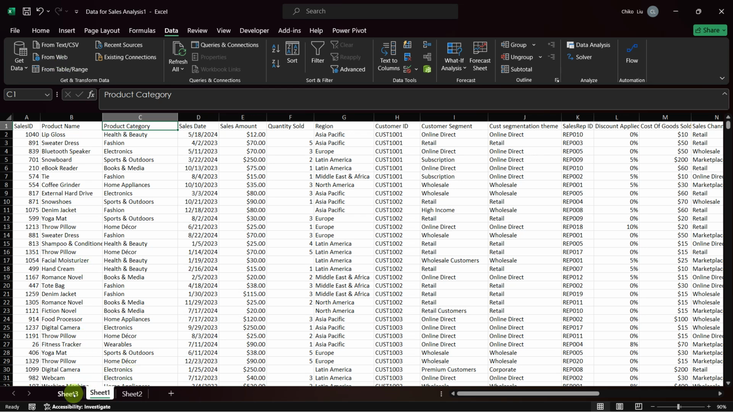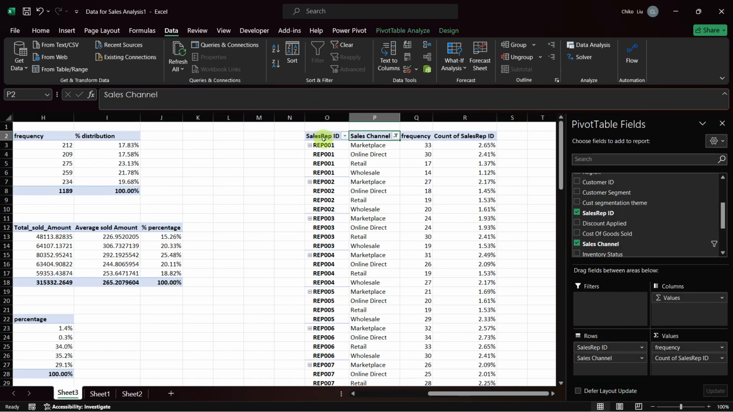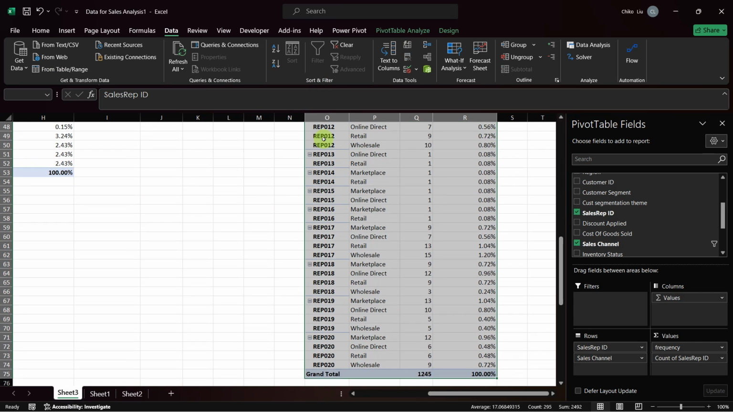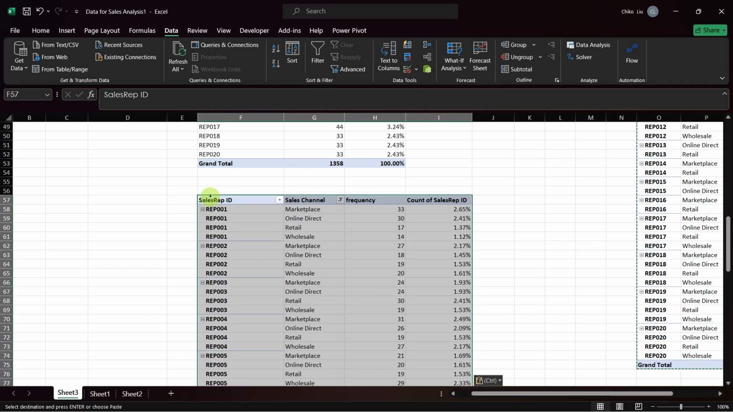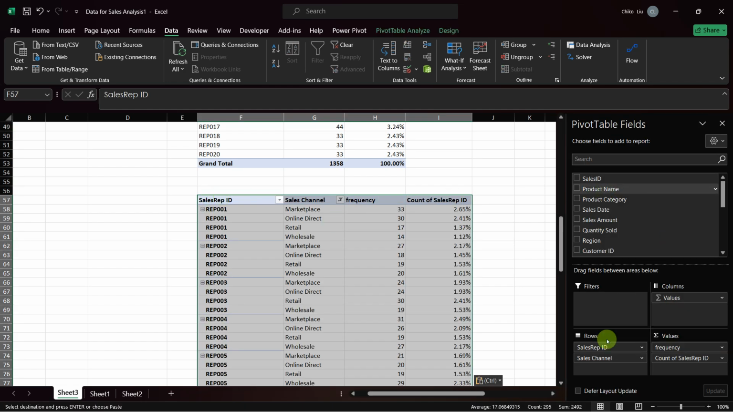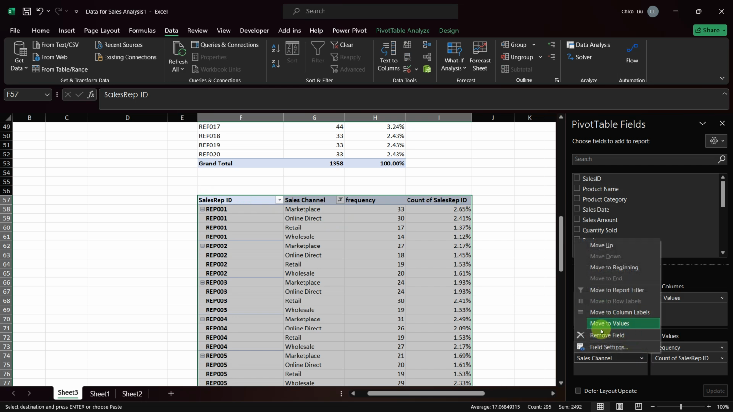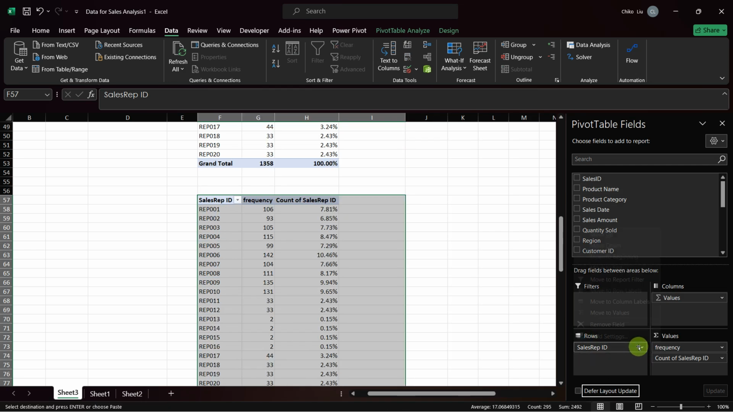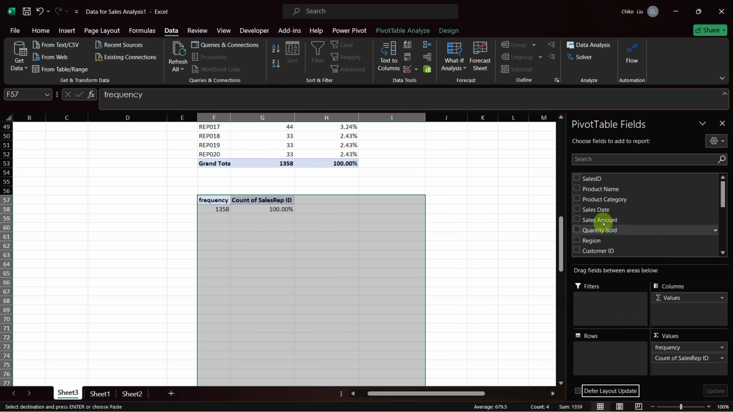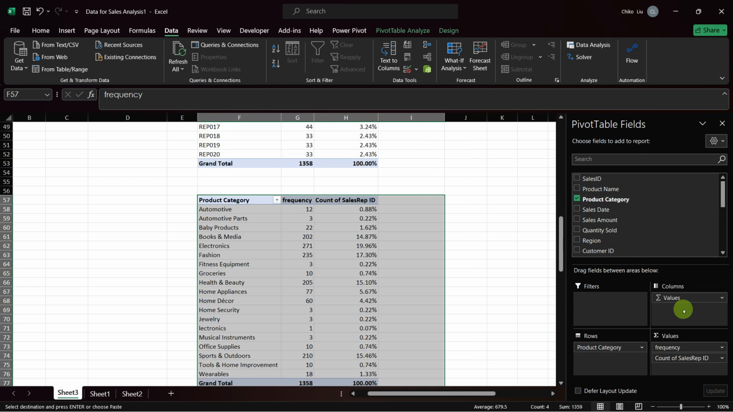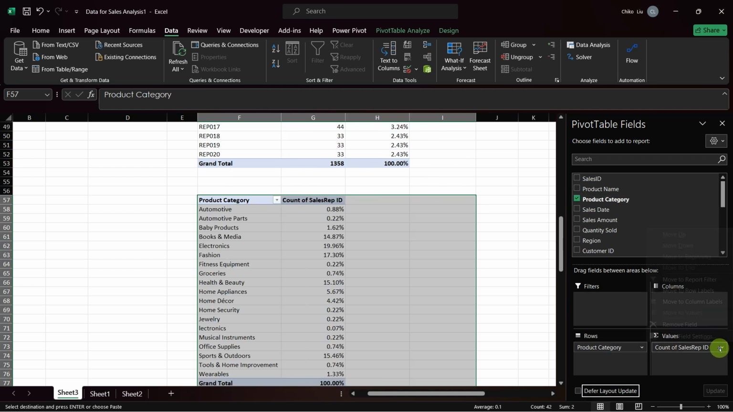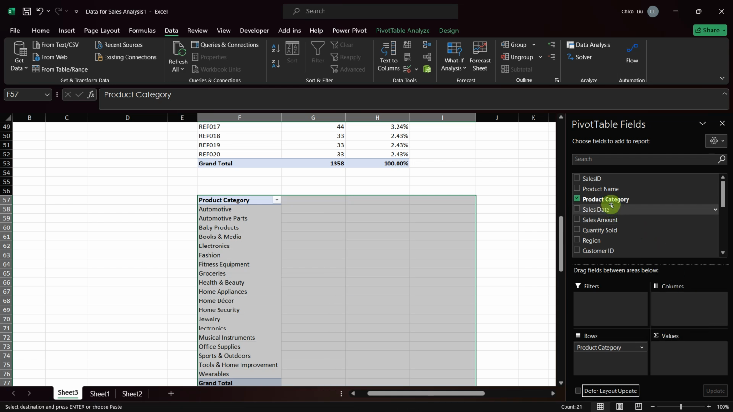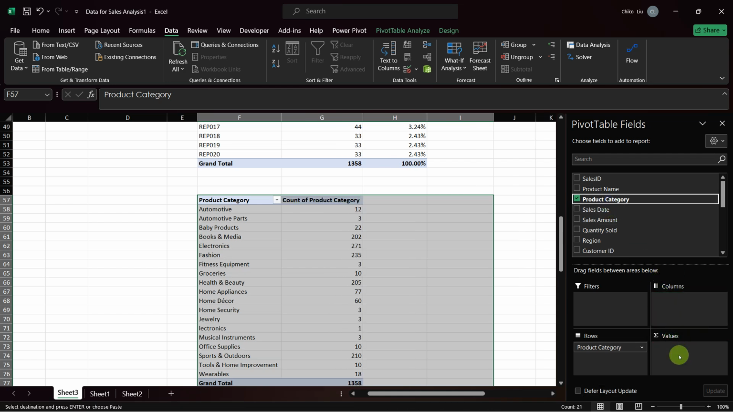So I will just copy this. I'm a very lazy person, so I'll just paste it somewhere here. Remove this field. Product category. Let's remove this because it's a different data. And like I said, I like to